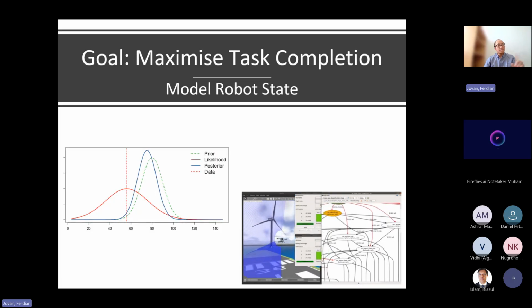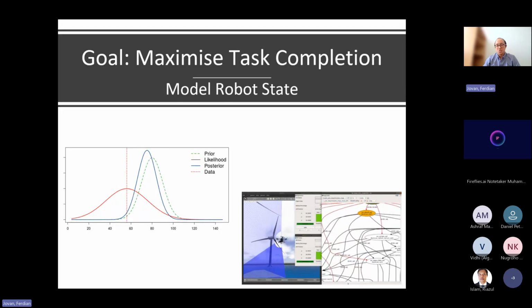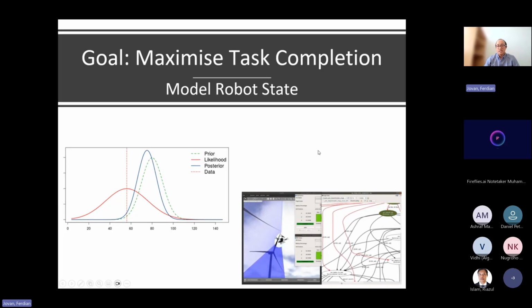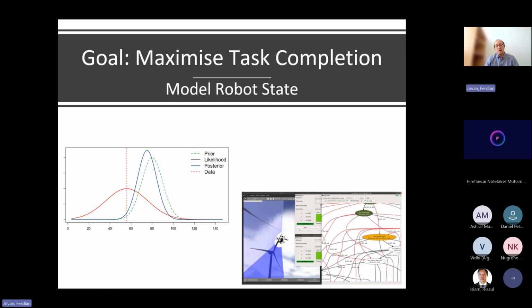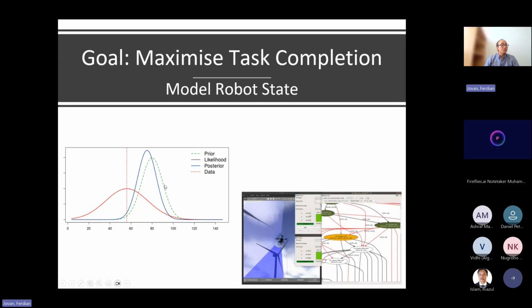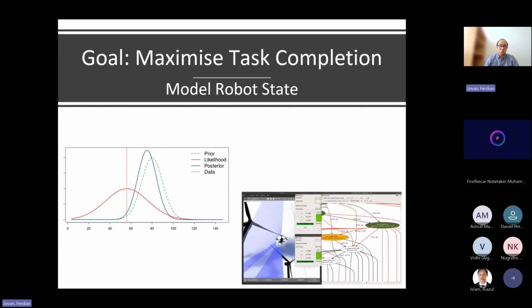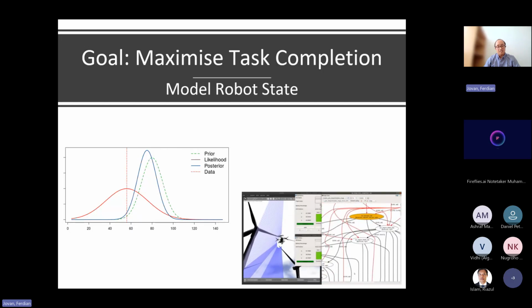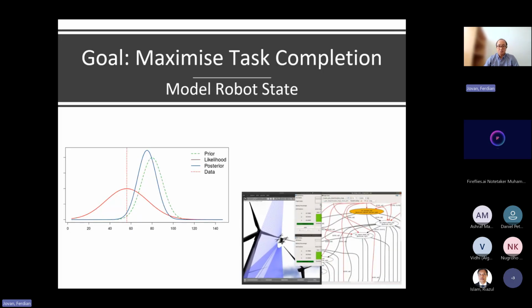So in case the concept is a bit fuzzy to you when I first introduced that, I have a good example here. Hopefully it can help you understand how this data-driven probabilistic model works better. Instead of having a point to represent data, we now represent everything in terms of distribution. For the action duration and also battery consumption or fuel consumption, we use Gaussian distribution here. And for the action success rate, we use Bernoulli distribution.